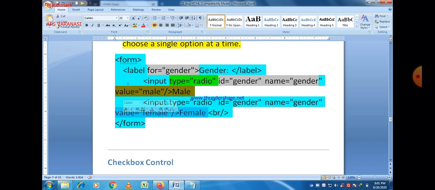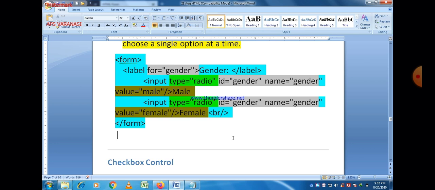So two input radio buttons are there and label is gender in this case. So let us try to execute this program. And let us see what is the output.